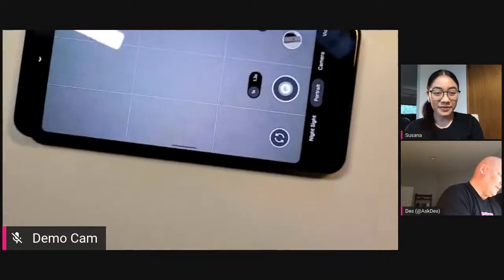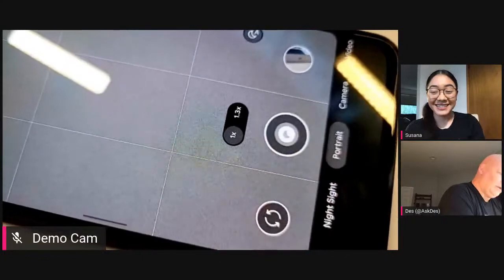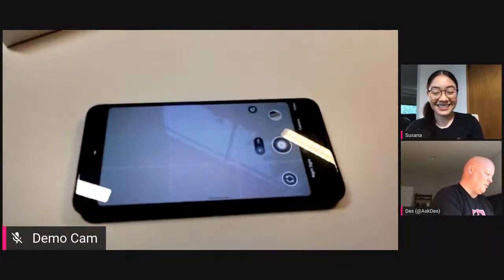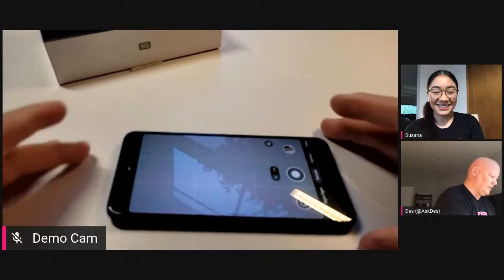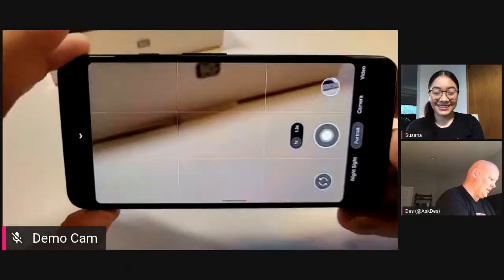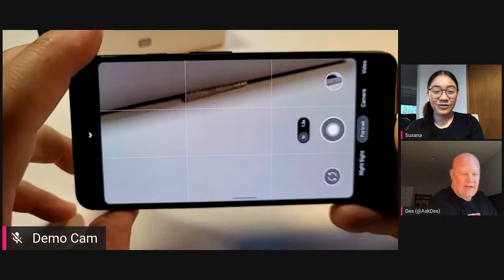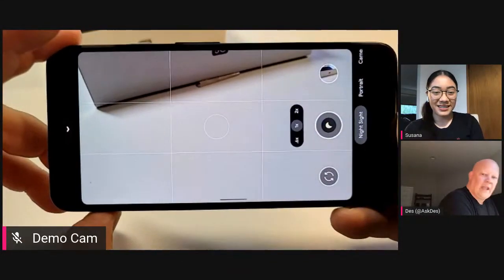Here, I'm going to move the demo cam in. Sorry, this is the worst. You can definitely see it. Little moon right there. So night sight with portrait mode is auto magic, right? So it knew that it was dark, or in this case, the camera is basically face down on the desk. And it was saying, oh, you want to do a portrait mode? Let me turn on night sight for you. And then night sight, there's your night sight. And of course,